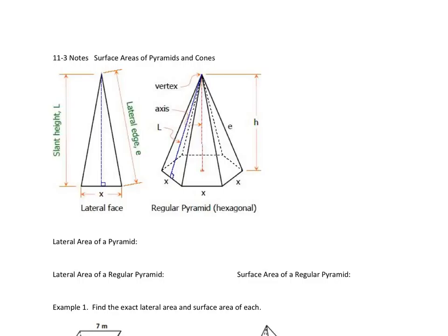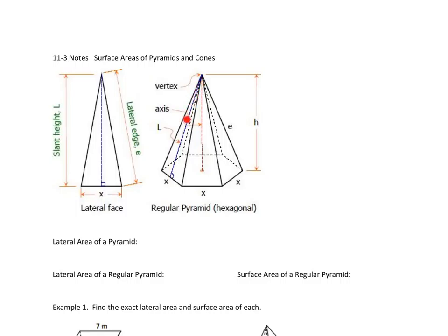Last lesson was lateral area and surface area of prisms. This one is pyramids. So if you remember, a pyramid has one base, and the faces of the pyramid are the base and the triangular sides. So the number of triangles is related to the number of sides of the polygon that it has as its base. So a lateral face is one of these triangles,